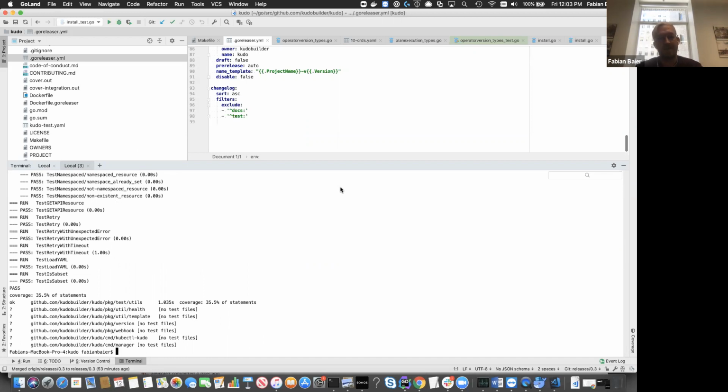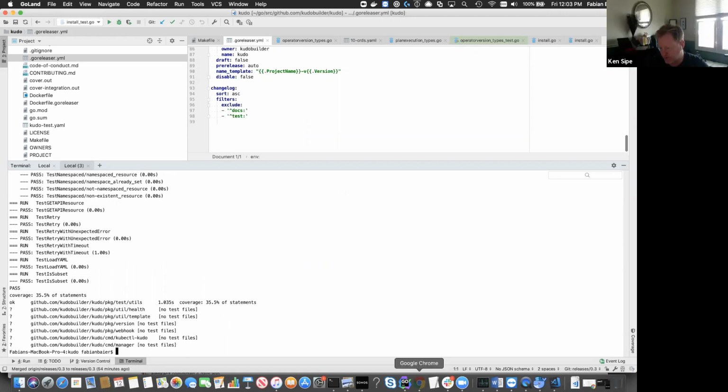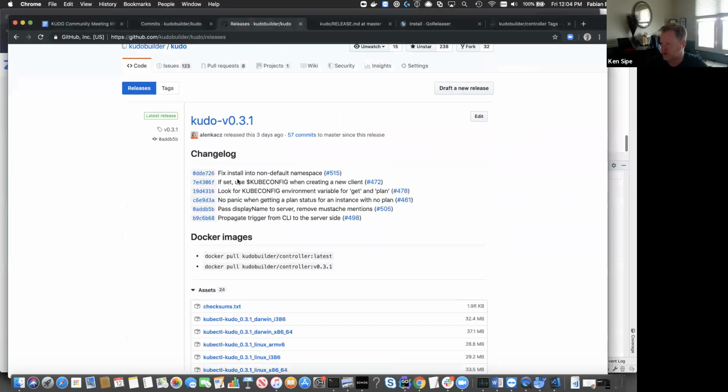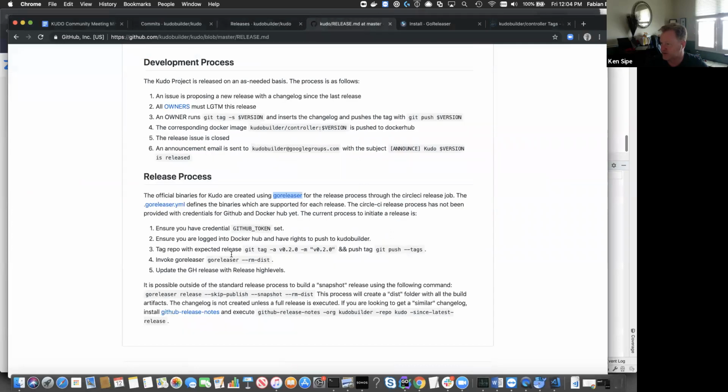So now I guess the next step would be tagging the release. Yeah, and if you go back to the website, the page with the release docs, it would indicate that the next thing we would do is the tag. It gives you the details of what we would do. So in this case, we would want to tag with a